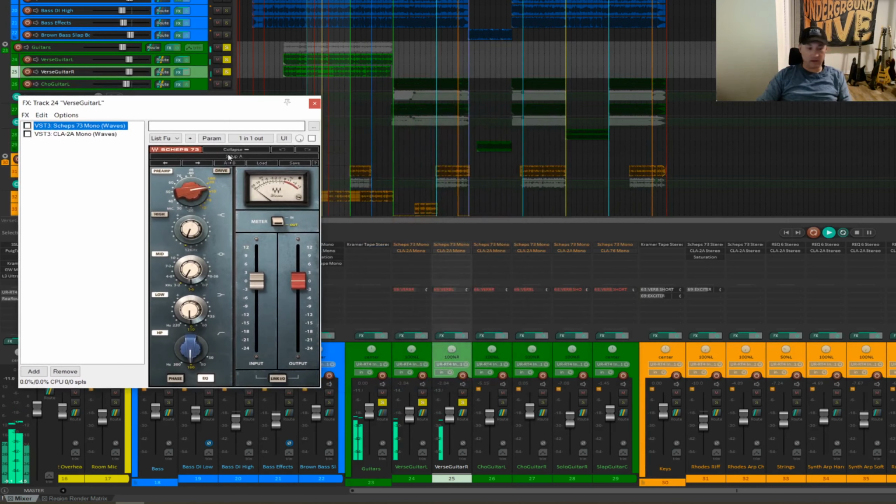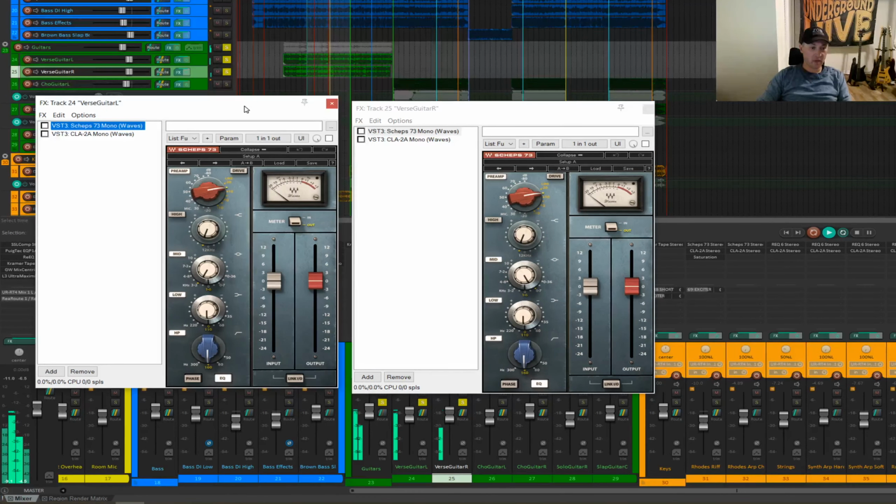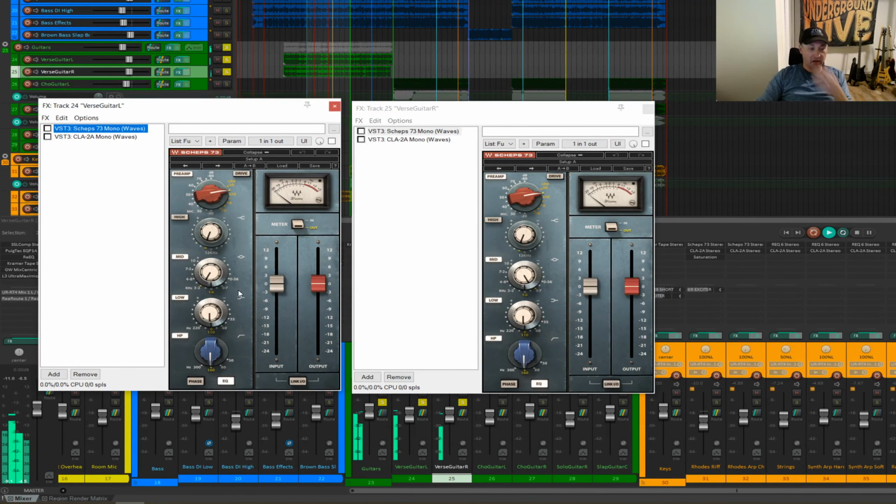Let's see if I can get these set up because they're left and right. All right. So the first thing I do is I hit it with the Shep 73. Like the keyboards, I love this for guitar. And before I turn it on here, what I like to do is take a frequency or